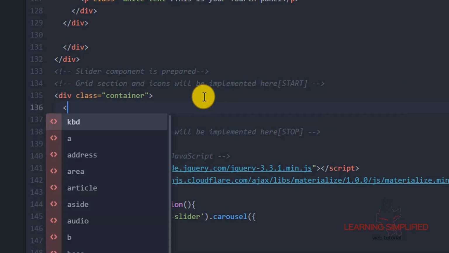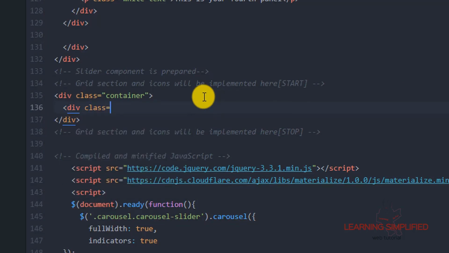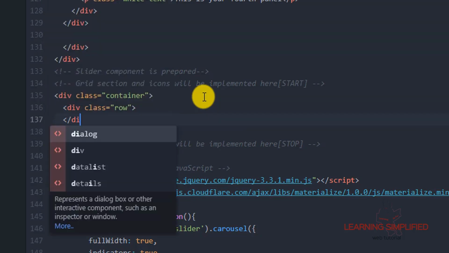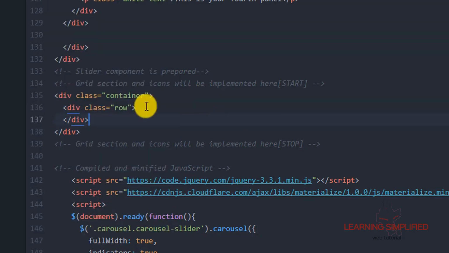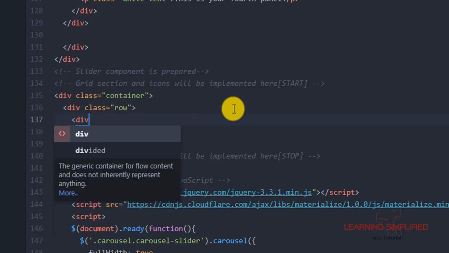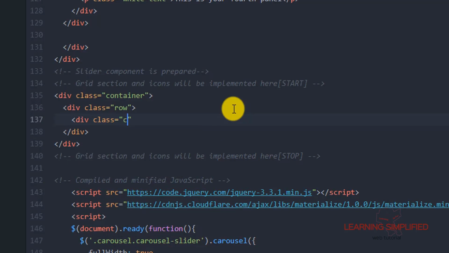Inside this container, as we have told you earlier, we would like to align our contents horizontally. So we would like to implement this row, and then we'll be creating all the columns that are needed.